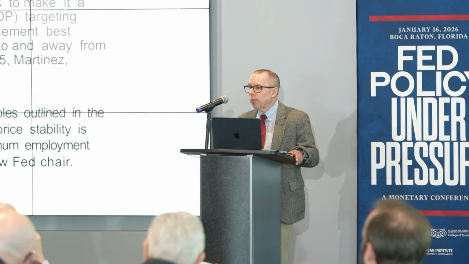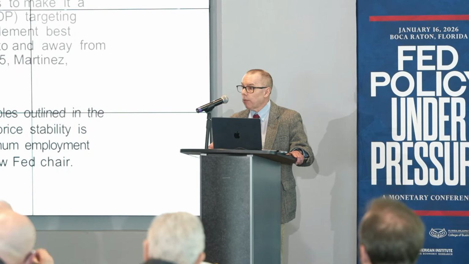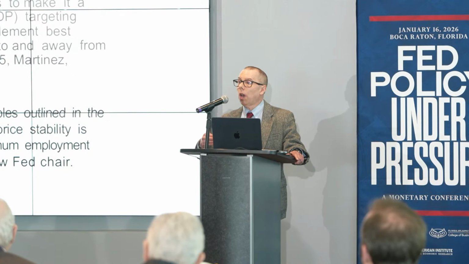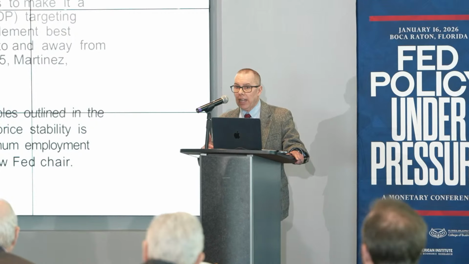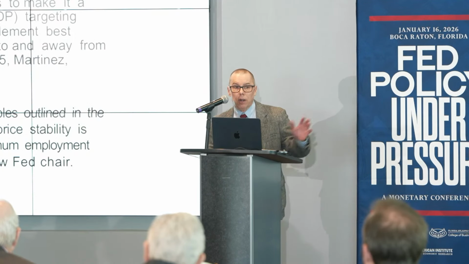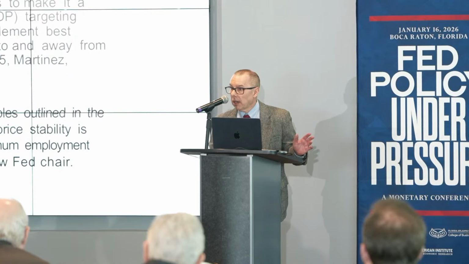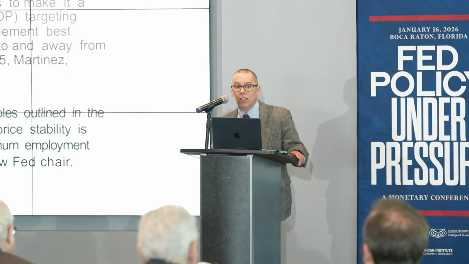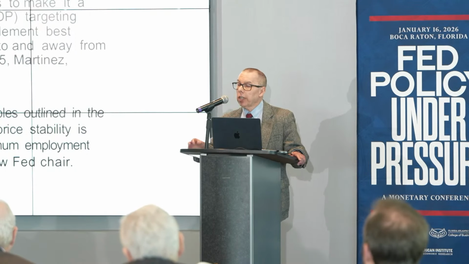Well, one possibility might be to just do what the FOMC failed to do last year, which is to take a cold, hard look at the post-2020 experience and then fix flexible average inflation targeting, or maybe come up with something entirely new and better. Nominal GDP targeting, like Will just mentioned and like Alex is going to talk about in much more detail coming up. Just to be clear, I fully approve of that idea.